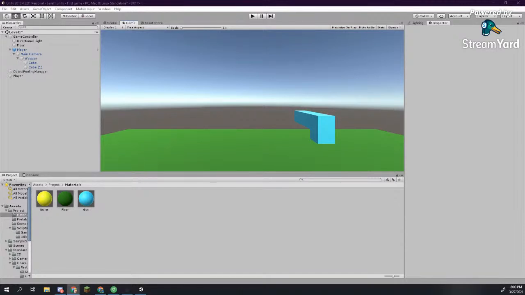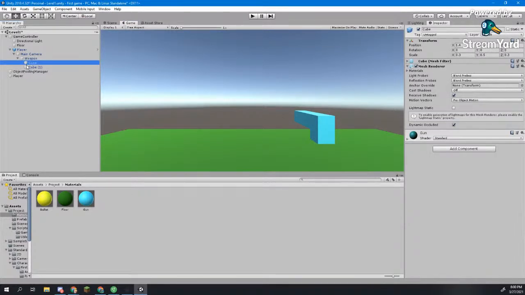I'm going to press R gun. Now, you don't have to be too complex with this model. It's just going to be a nice, simple model. So I'm going to get the cube here, and I'm going to